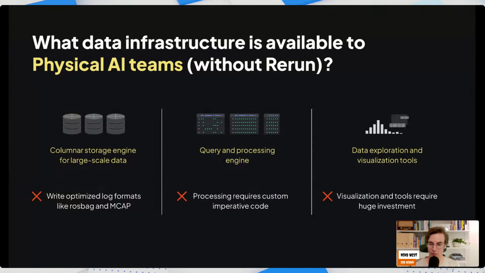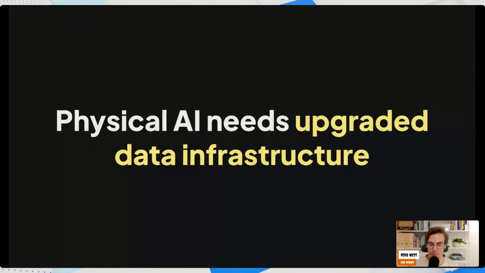So basically, physical AI needs to upgrade its data infrastructure all the way through if we're really going to make this exciting future happen. The core of that is that physical data is different from tabular or document data.